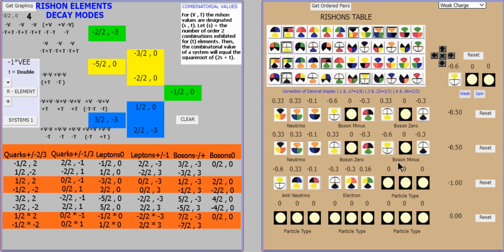And on the boson minus, which will be emitted as a W boson, we have a weak charge of